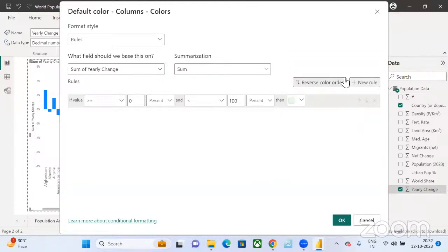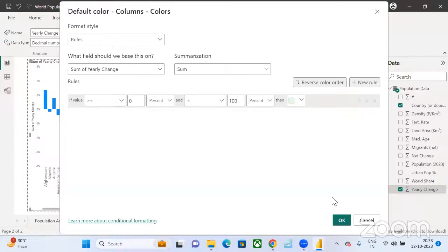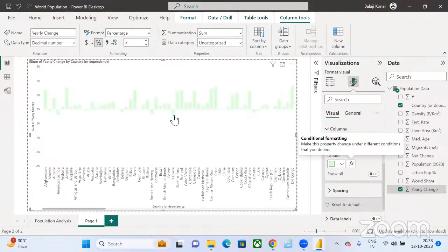Whereas if it is greater than or equal to 0 and less than 100, this one, and if this condition doesn't satisfy, let's see whether it's working or not. Can you see all the things are made green? If I go over here,